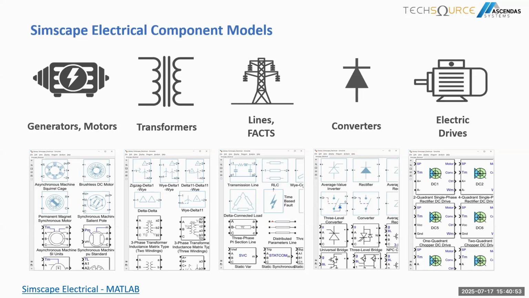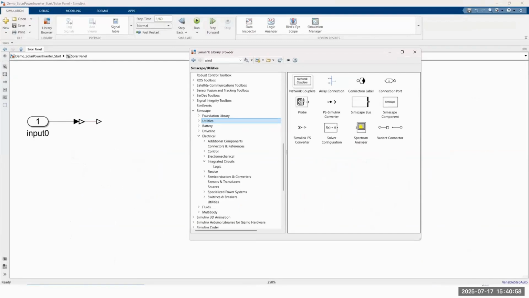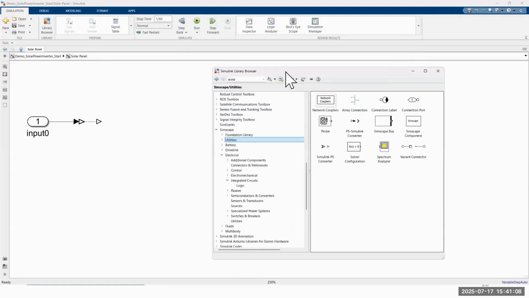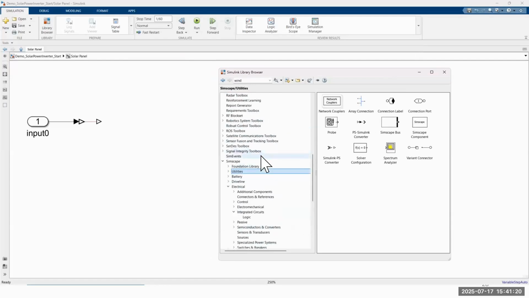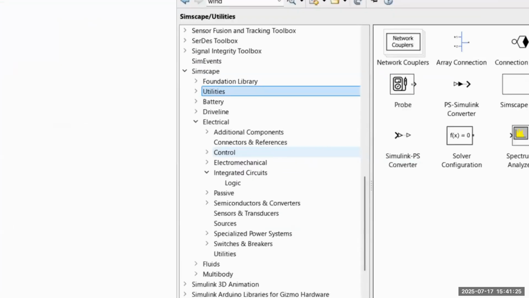So let me show you a little bit of how we can see Simscape within the Simulink environment. Here I'm showing the Simulink environment. Simulink is a visual, library-based modeling environment where you can place certain libraries for your system. So for today, we will use more of Simscape in this case. Simscape has different types